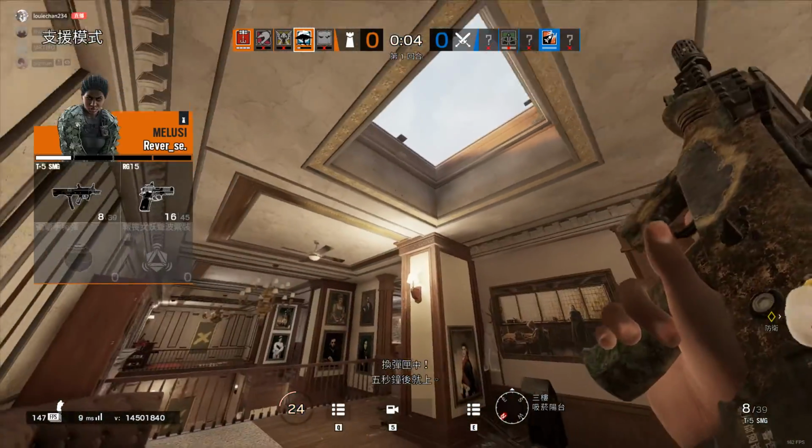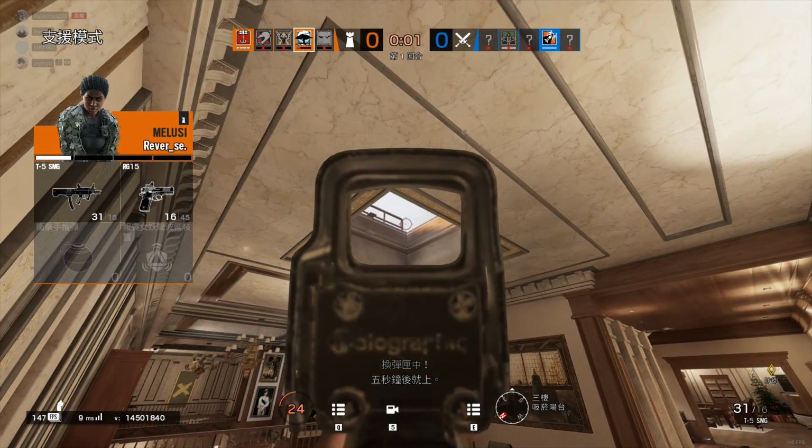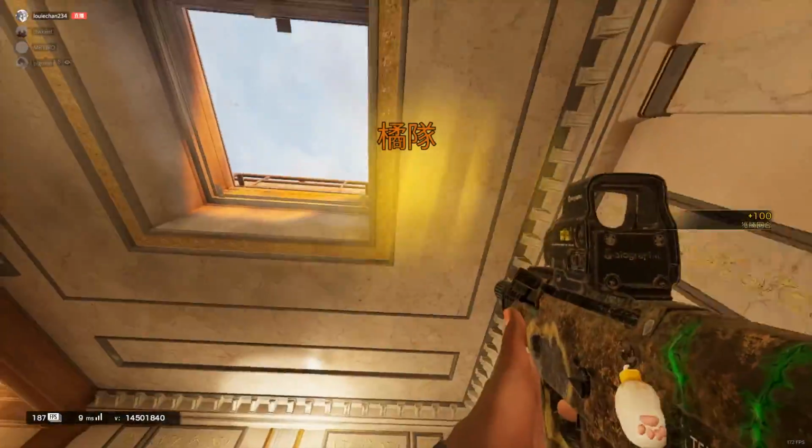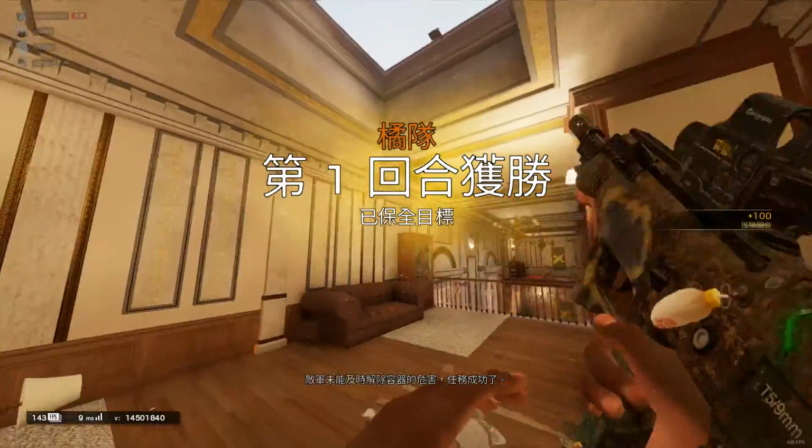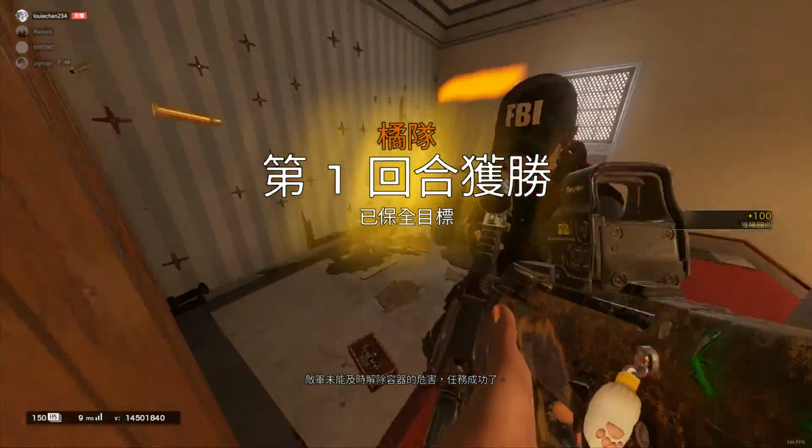No! 5 seconds to go. Op 4 failed to secure the container in time. Mission success.